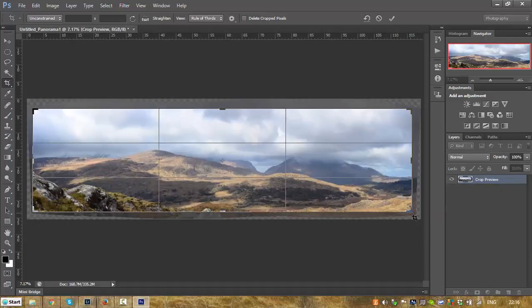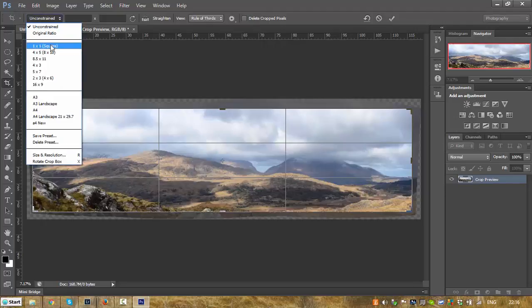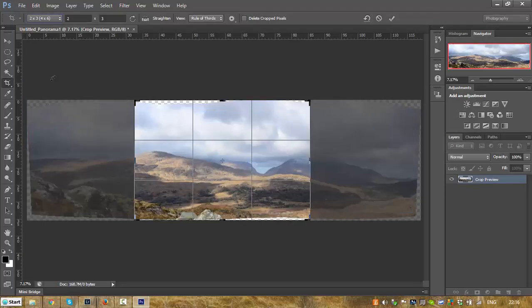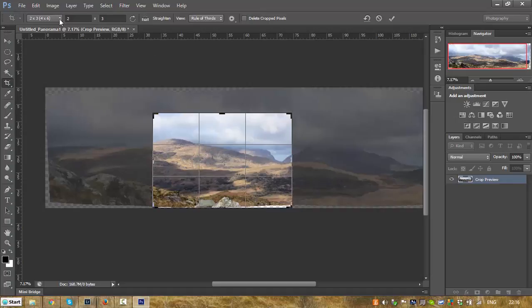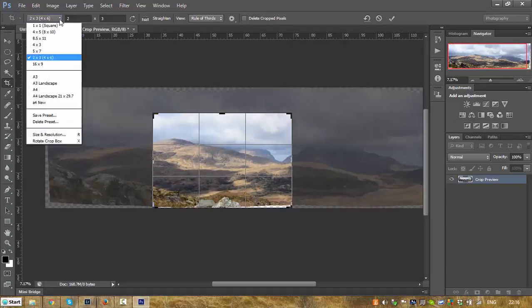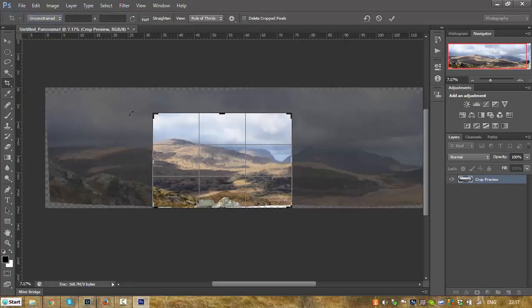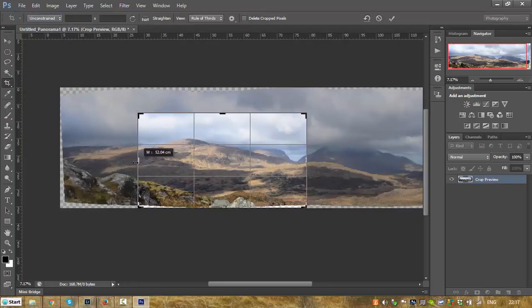I'm happy with that, but it only worked because Photoshop remembered that the last time I'd done this, I'd asked it for an unconstrained ratio, so I could choose my own width and my own height. It could well be that last time I'd been maybe on 2:3, 4:6, and if I do that, no matter what I do, I cannot get all the way across the image. So, I should maybe have told you this before I did it. Leave it unconstrained, and that means that you can stretch out